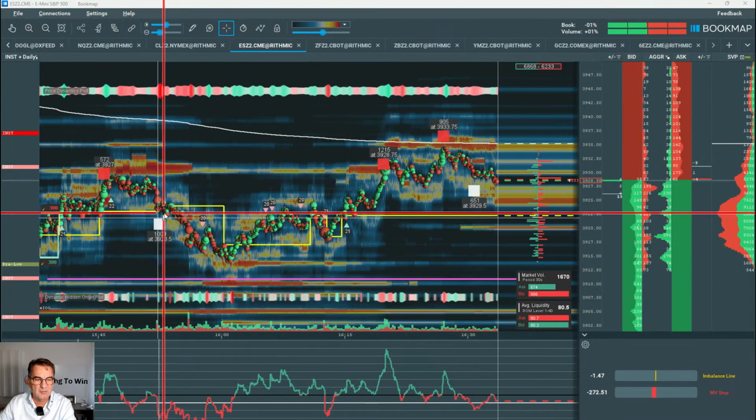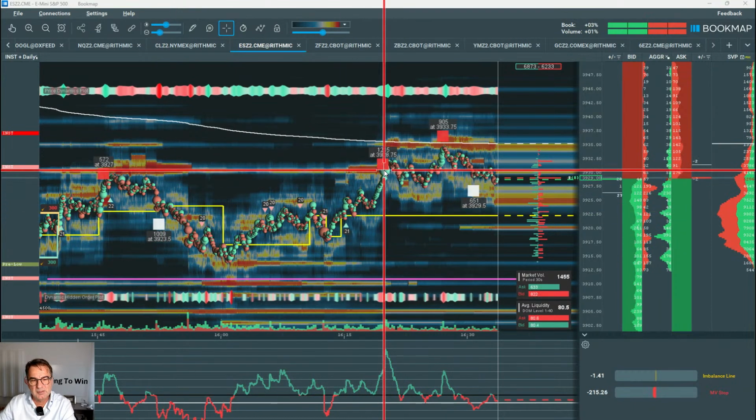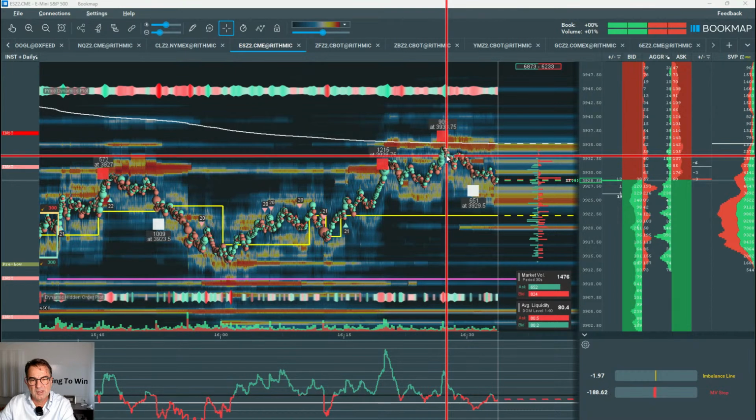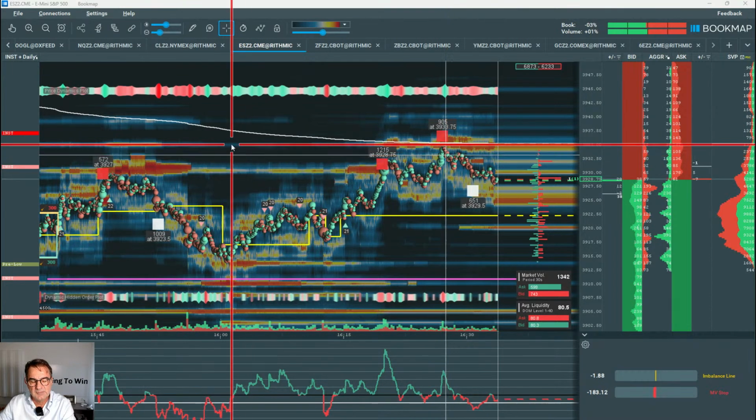High volume here, high volume here. That wasn't maybe a loser here. High volume here, winner. High volume here as well. And keep in mind,